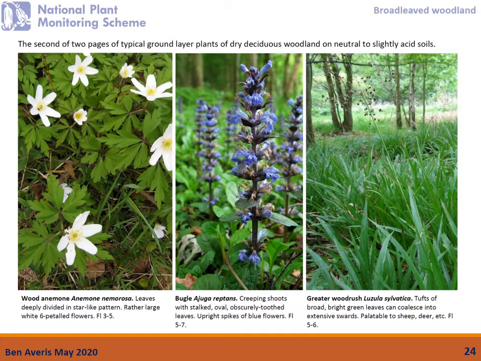Some more species in the same sorts of places. Wood anemone, well, those flowers are pretty unmistakable, 6 white petals like that kind of shape, easy to tell. The leaves are very deeply divided and they look a bit like buttercup leaves, more or less, or geranium leaves, but they come in whorls of 3 up the stem, and then the flower is further up from that. You can also get leaves just carpeting the ground, masses of them. So it does form carpets in the spring in lots of woods on these acid or neutral to slightly acid